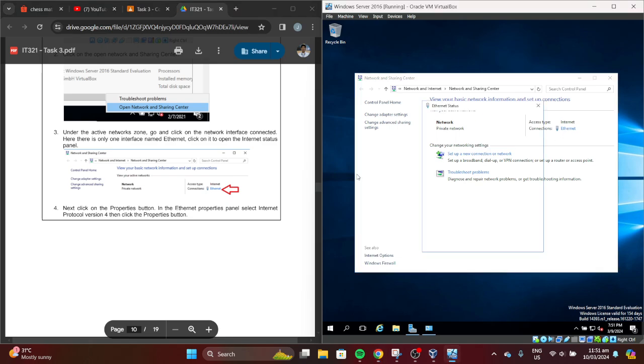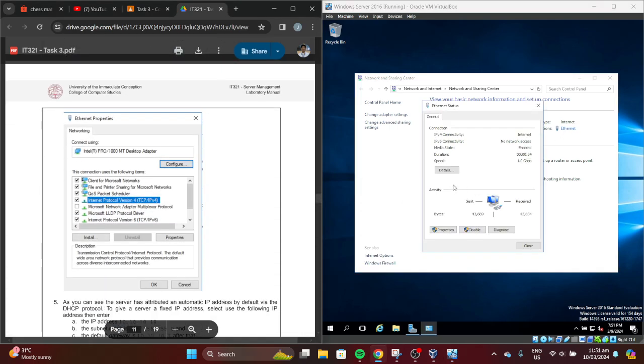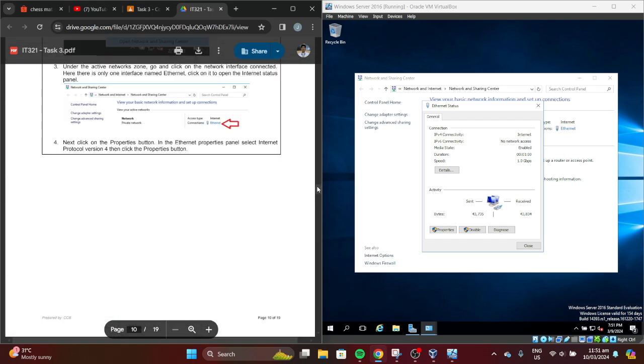Then Ethernet. Then the Properties button.